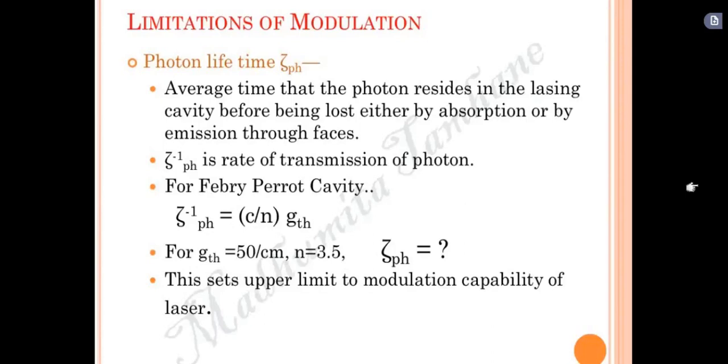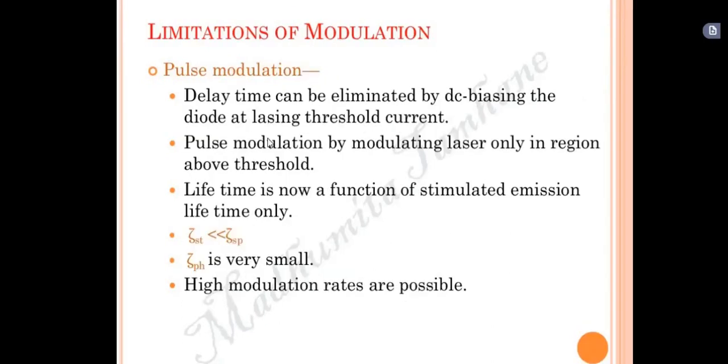For a periodic cavity, T inverse of PH is nothing but C by N of GTH. GTH is nothing but the gain. So what is GTH? Suppose for example GTH is 50 per centimeter, and N, the refractive index, is 3.5. If you substitute both the things,